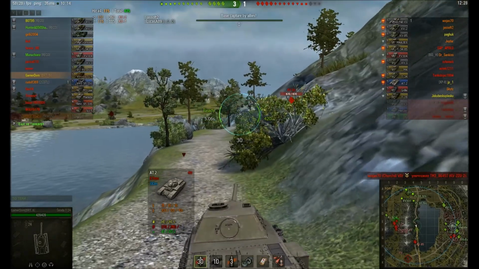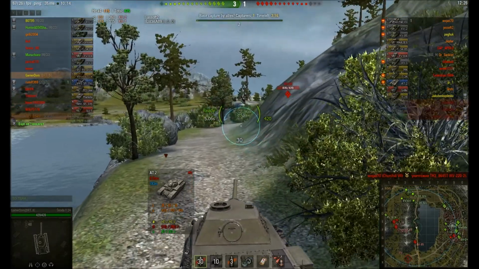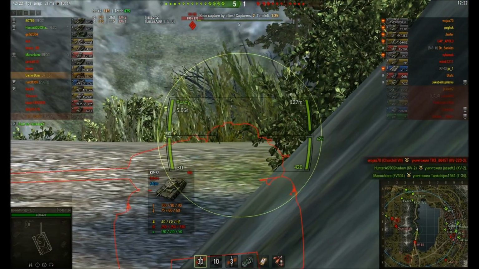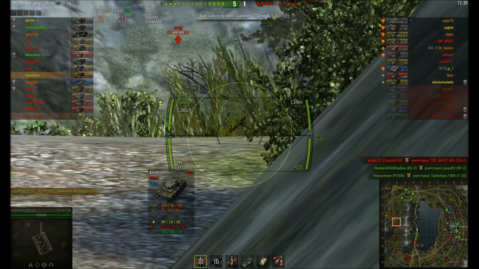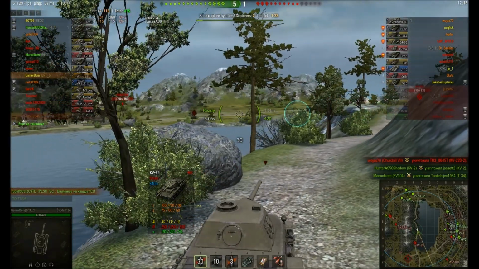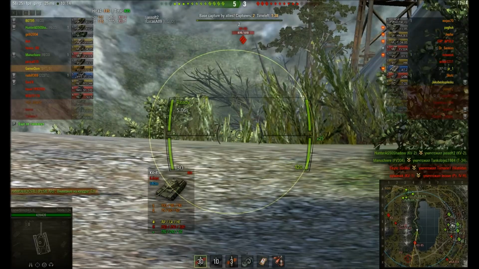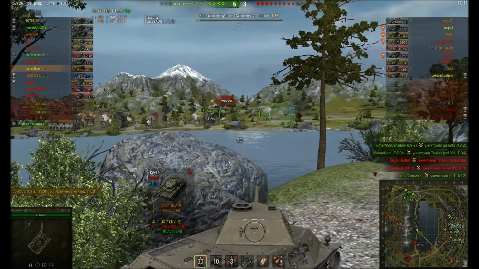I know there must be some TDs down on the K-line, there always are. But no, it doesn't look like there are. So can I get a shot on that cupola? No, I didn't aim in quickly enough to give me a chance. It doesn't look like he knows I'm here, because he's pointing his guns the other way, aiming towards the city, so...